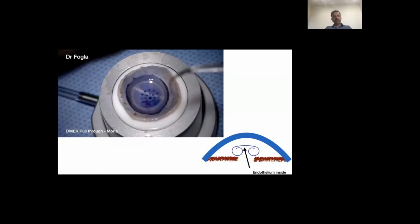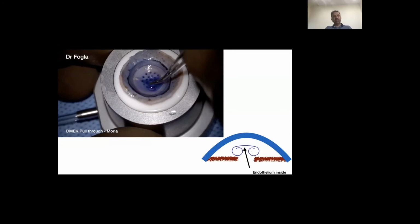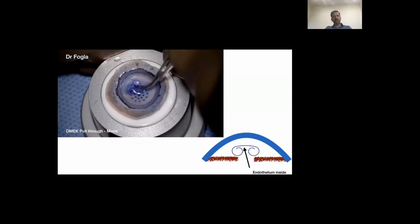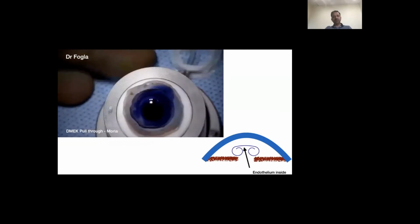The endo-in pull-through technique, yes, this is something that we have done, especially in complicated cases where there may not be enough room for you to maneuver the donor scroll, like post-trab, post-tube, or cases with extensive synechia. So we